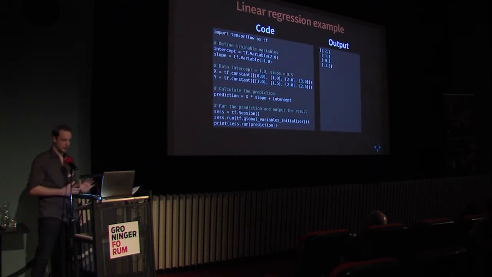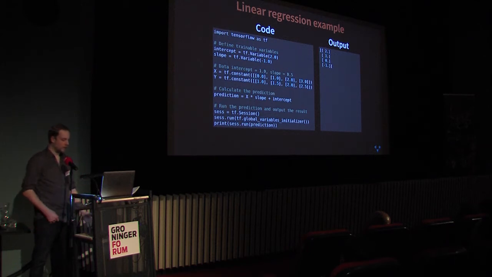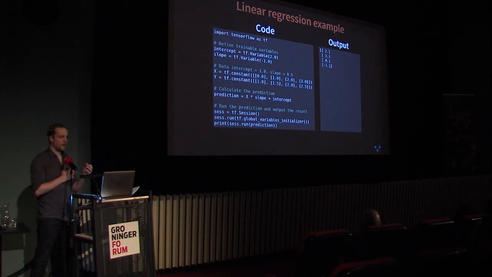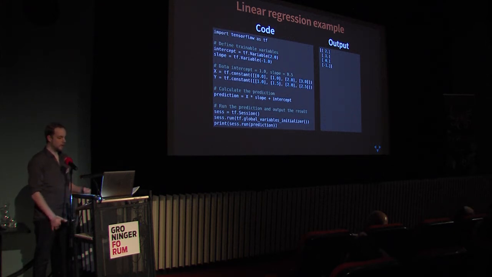Now time for some code, because that's what we're here for. Linear regression. So I just showed you how this backpropagation thing worked, fitting a line to a series of dots. So we start by importing the TensorFlow library, and we call it TF. And then we need two trainable variables. These are the intercept and the slope that we are going to optimize to fit our line as good as possible. In TensorFlow, we define them with variables. Variables can be optimized by the gradient descent optimizer. We start out with arbitrary but wrong numbers, intercept of 2, a slope of -1,